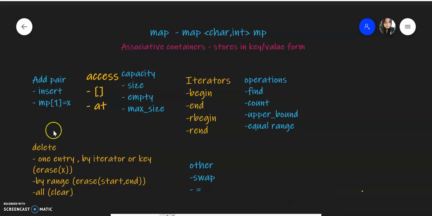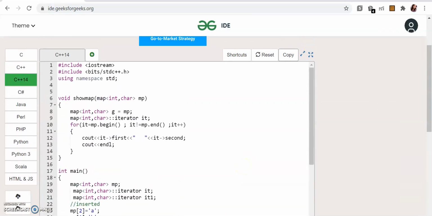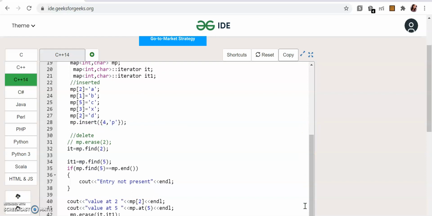What is left: we did the deletion, we saw the iterators, we saw find and count. Upper bound and lower bound, you can try it out. It is quite easy. You can also try out swap, and the map equal to operator we also saw. Here you see that we are using an equal to operator to copy the elements of mp to g for printing purposes. So I have covered pretty much everything.